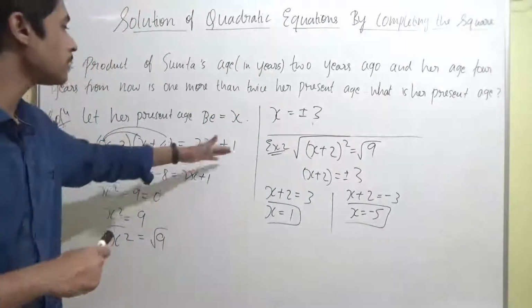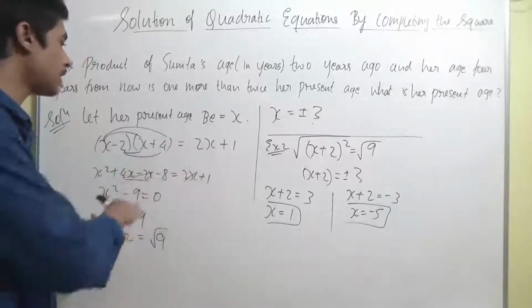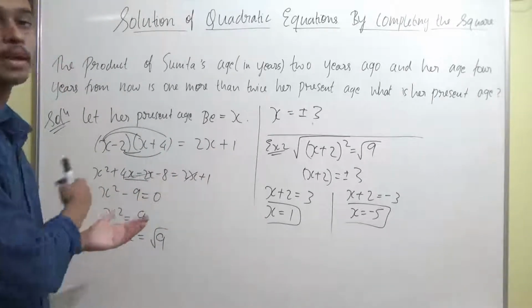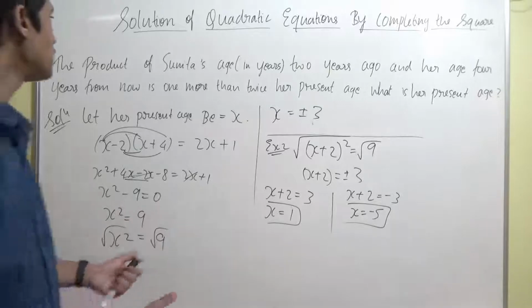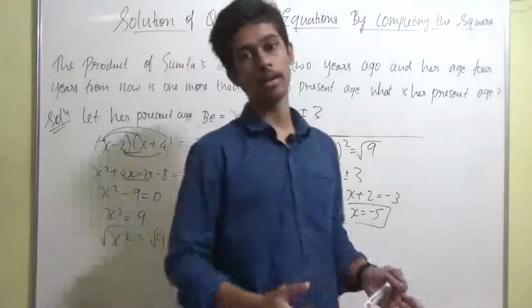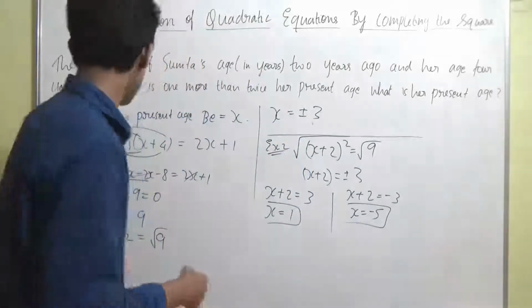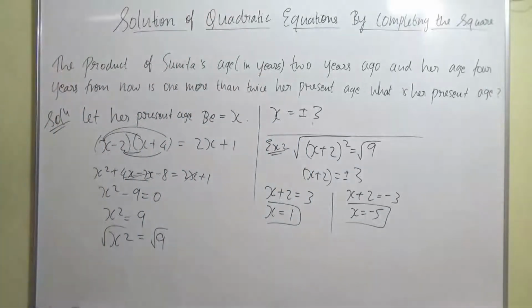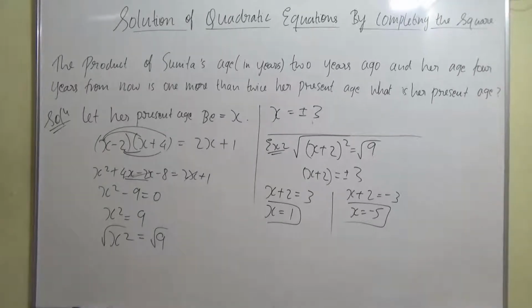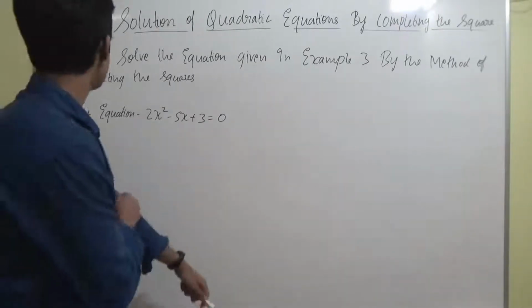Not every equation will be as simple as these two equations where we directly get the answer. We have to make it in that form. So in this lecture, in this topic, that's what we'll be learning: how to make it in that form. Okay guys, now I'll move aside. You can take a screenshot of this. Let's take an example and understand how to make it in this format if it is not in this format earlier. Okay guys, now let's go to example 7.